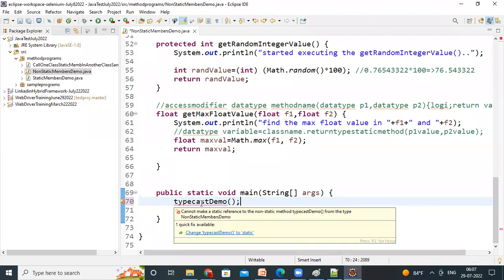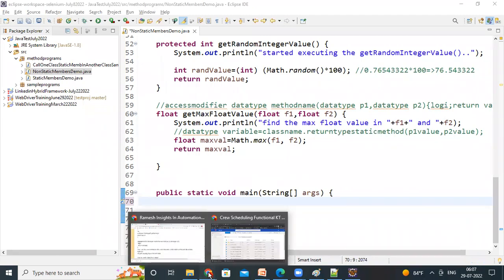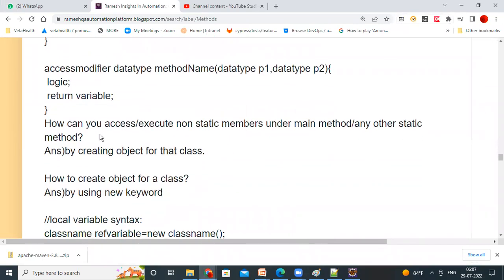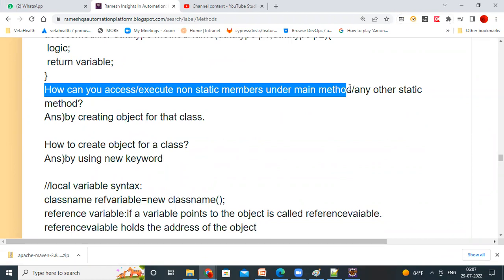Then how can we do that? So I have to call them. Non-static members I have to call. How can I call that? So let's go in detail one by one. I'll give you a detailed description about how we can call non-static variables and non-static methods in the main method or anywhere. See that I have given very clearly here. Read this. How can we access or execute non-static members under main method or any other static method or any other place also? One non-static